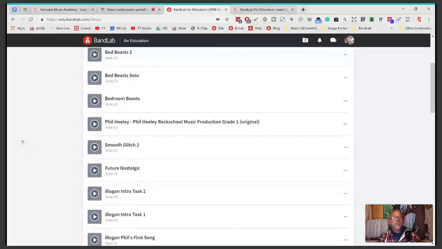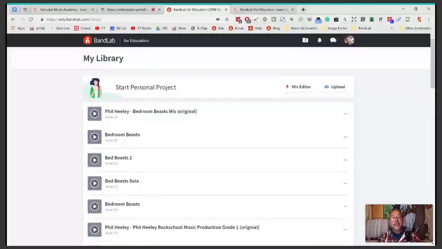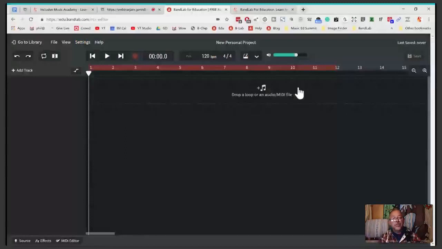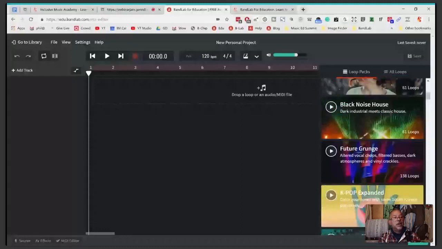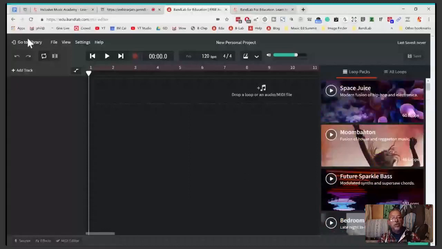So if children go into their BandLab for Education, they go into their library and they go into the mix editor, and there they are, starting from scratch. Browse loops is probably the best way to start. And there's the loop packs for them to start with a blank screen. So you can see how incredibly powerful it is. It can also load an audio or MIDI file and